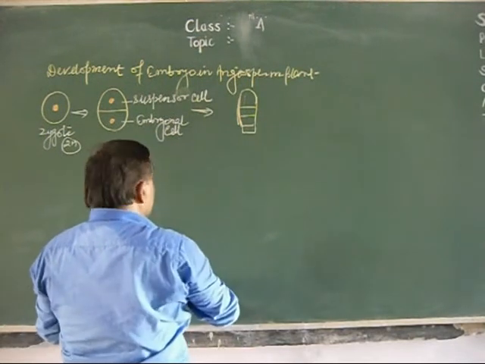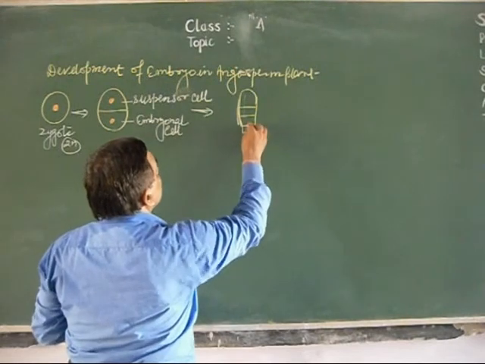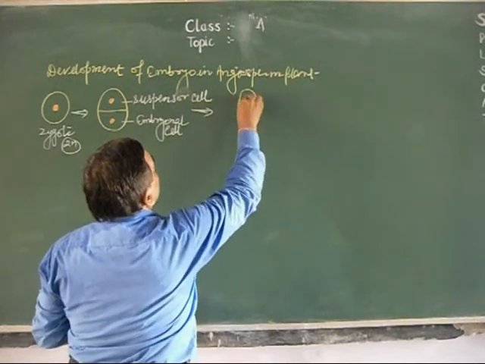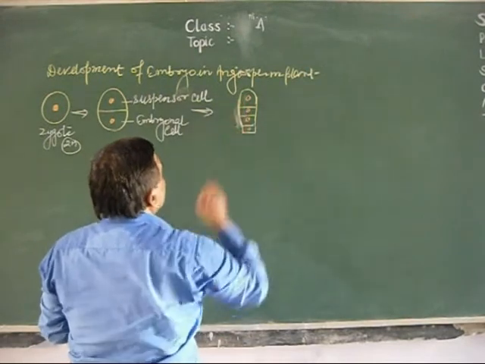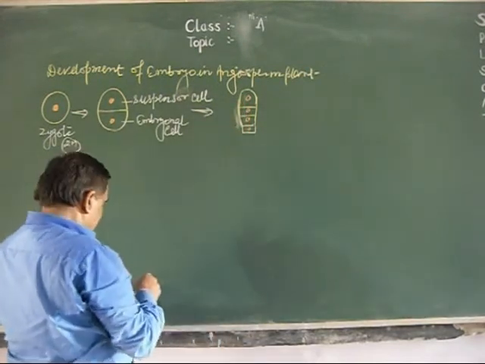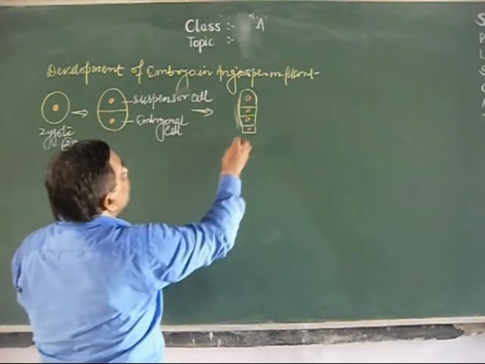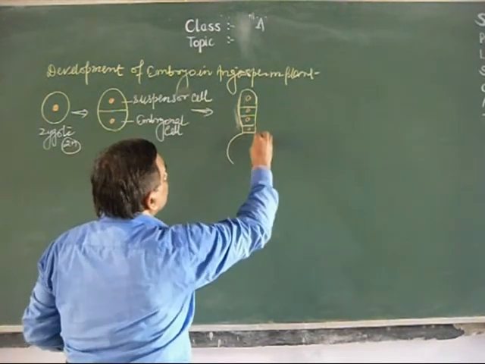So here is the one cell, two cell, three. Now here a set of linear cell and this embryonal cell form just